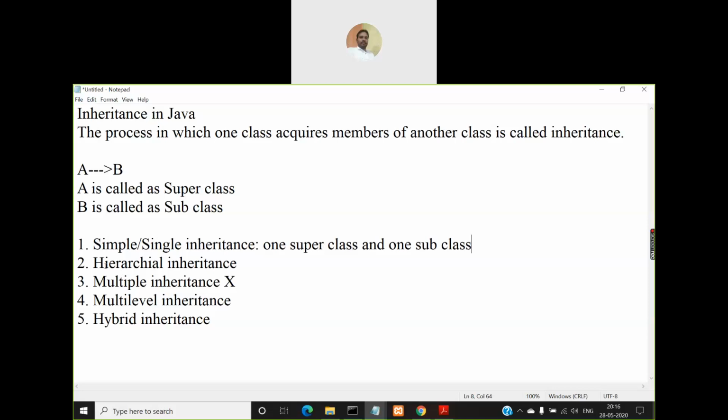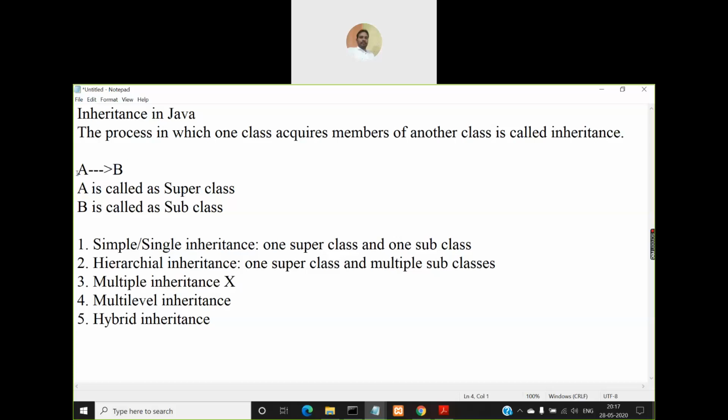Okay. Then coming to hierarchical inheritance, you'll have one superclass, but there will be multiple subclasses. That means, for example, in the example that we mentioned here, A gives its members to B. That means B is acquiring members of class A. That can be taken as an example of single or simple inheritance, the first type.